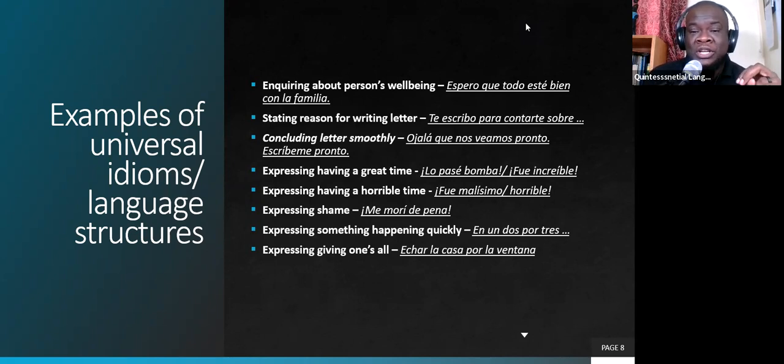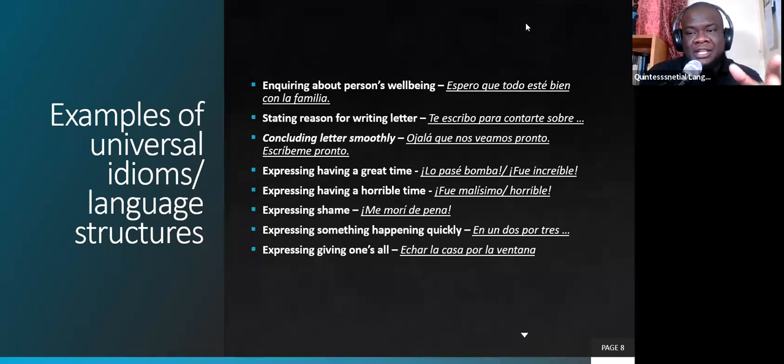Concluding your letter smoothly. That is one of the things that CXC requires, that you do not end your letter abruptly. You start to talk, you talk about all the things you need to think, and then it's just adios. No. So you need to end smoothly. Well, I'm looking to go there and I hope we see each other soon. Well, that's all I have to say for now, etc. Right? Don't just end it abruptly.